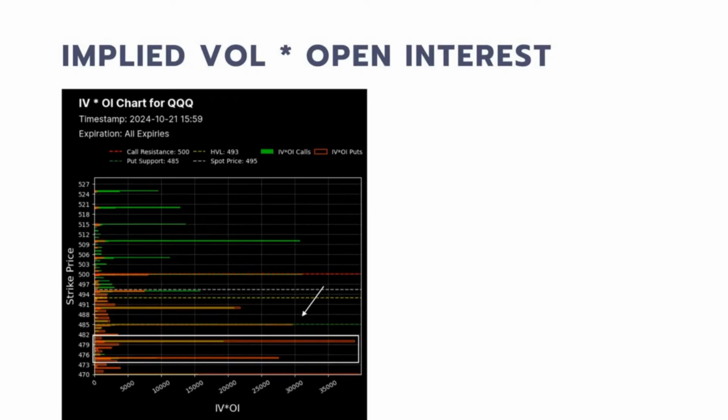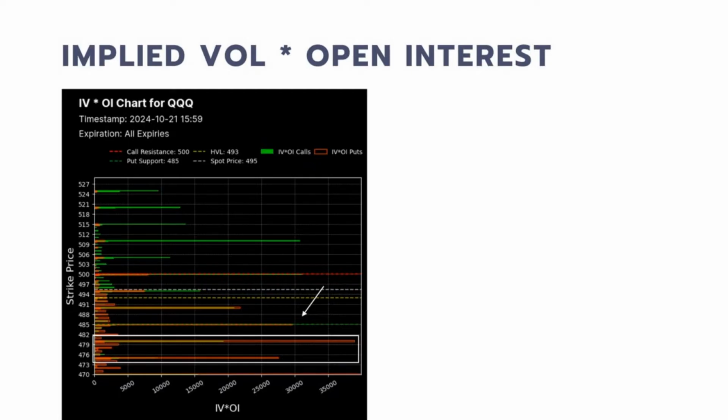And then finally, this is the last example. This is another model that we provide, called the IVOI model. It stands for implied volatility times open interest. And why is this important? Because the bars represent the strikes where there is higher implied volatility and open interest. So in this case, for example,